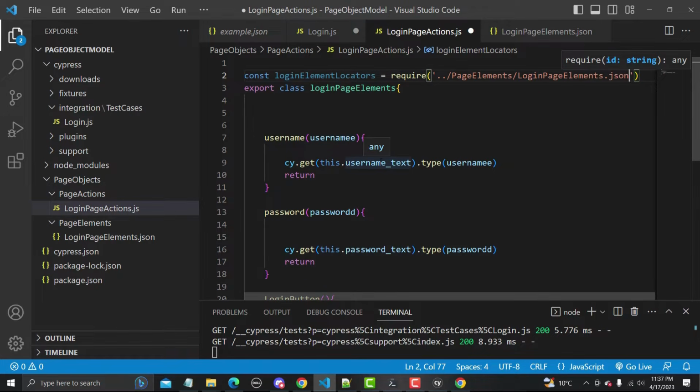So once we are done with this, instead of providing this hard-coded value, we will be calling this value from our login page elements. So this is really simple.